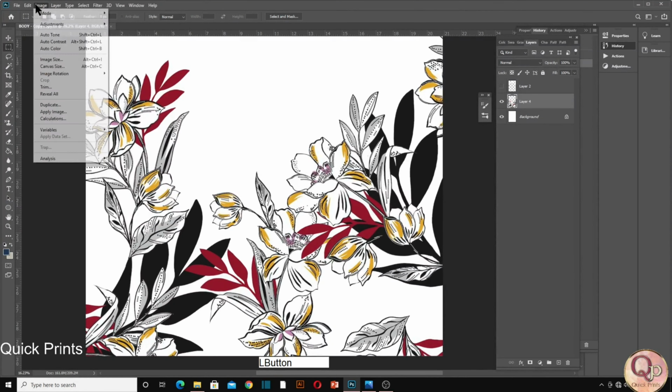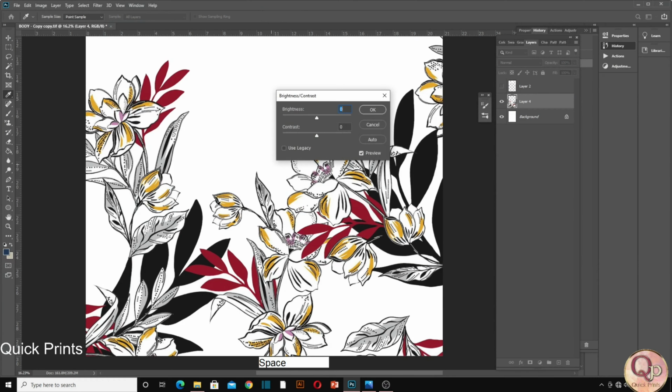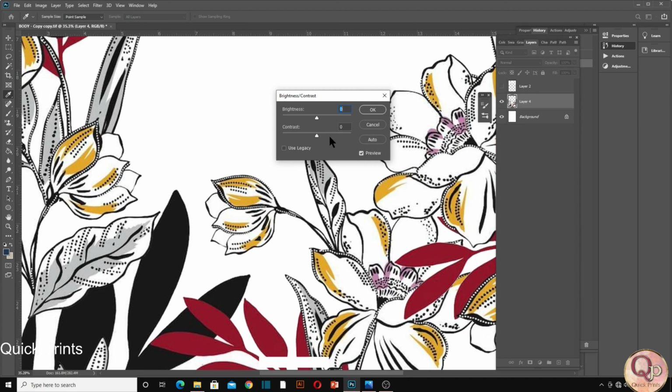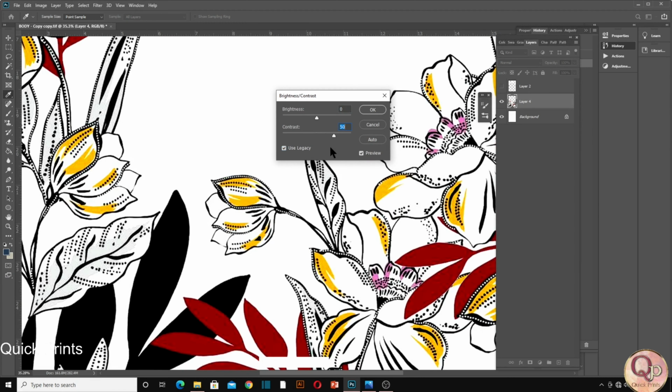Now I have to balance the contrast. So for the contrast I have to see that black should be darker and white should be lighter. So I'm just adding contrast and making black darker, right? And white slightly, not as much. We have to work here very carefully because the other colors are going very off. So we need to understand.